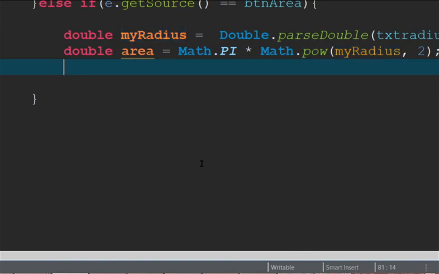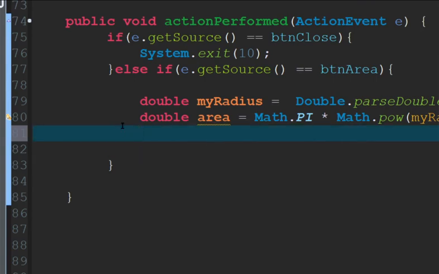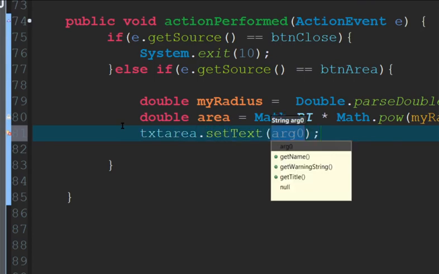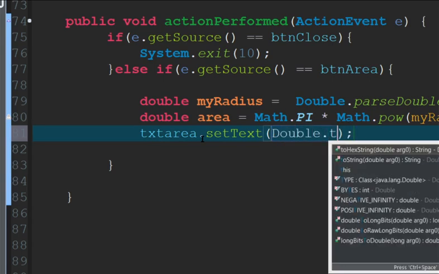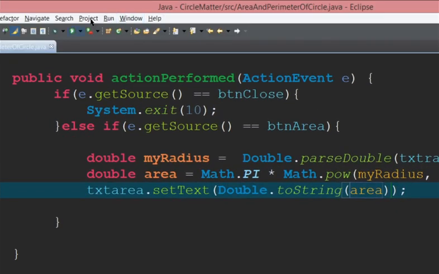All right, then we set it on the what? On the area here. So you call txtArea dot setText. Then over here, if you paste it, it's going to be a problem, because this area is double while here it's text. The data types are not the same. So you now say Double dot toString. Okay, then you paste. So when you run,